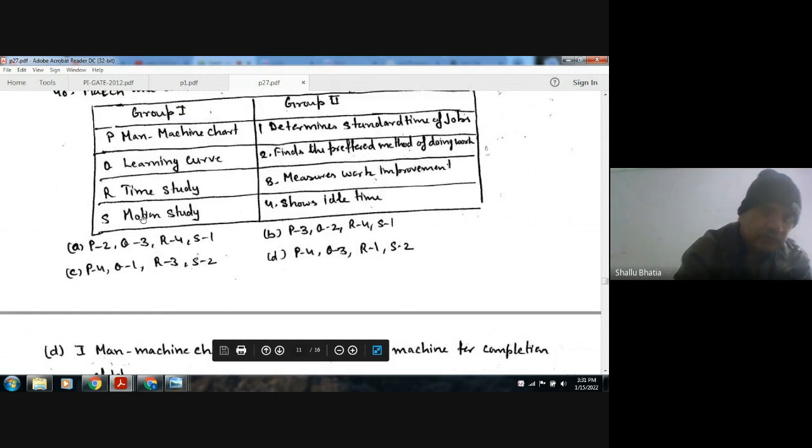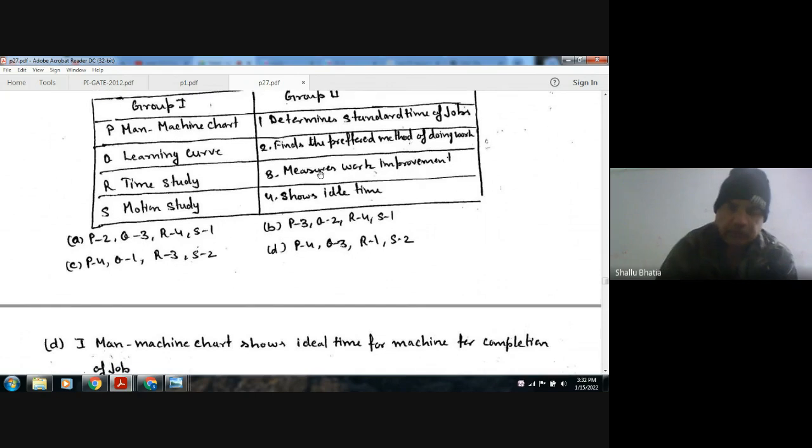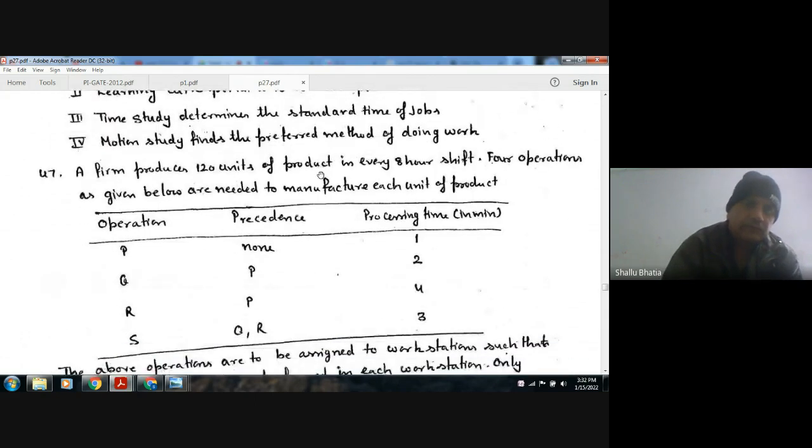So this is a very good question. Man machine chart is used to show the idle time. Okay, and learning curve measures the work improvement. Okay, time study determines the standard time, and motion study finds the correct method to do work. Okay, next,